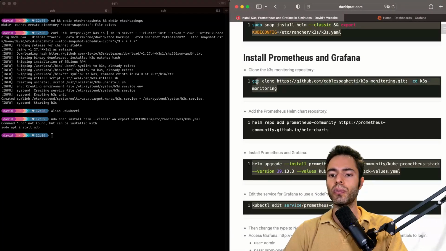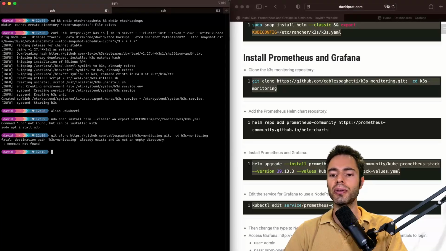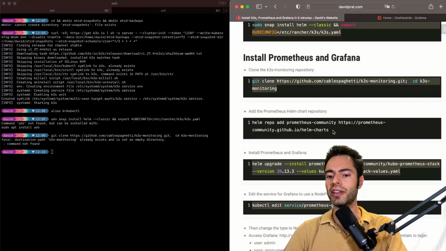So the first thing that we have to do is to make a git clone of the repository. And in this case, we can see how the path is already there on my machine, because I already had done this. But once we have the repository cloned,